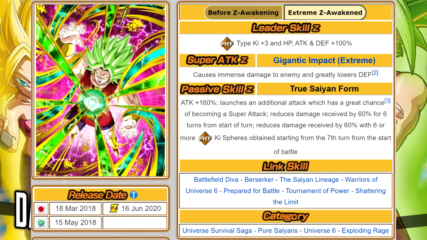She's going to be doing a lot of damage very quickly too. And because Kale is just filled with key links, it's going to be pretty common for her to be super attacking as well. You're probably not going to miss super attacks with her very often, considering 6 of her 7 links are key links, right? She also reduces damage received by 60% for 6 turns from the start of turn, which is